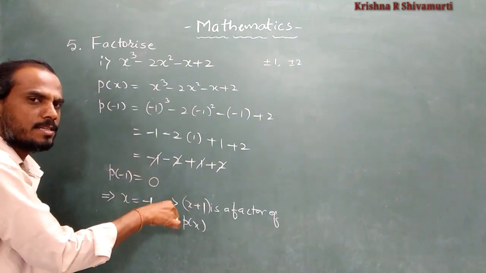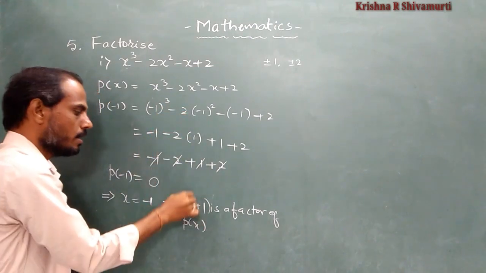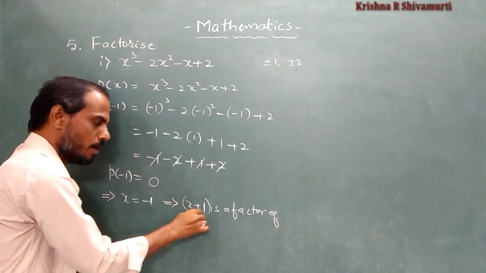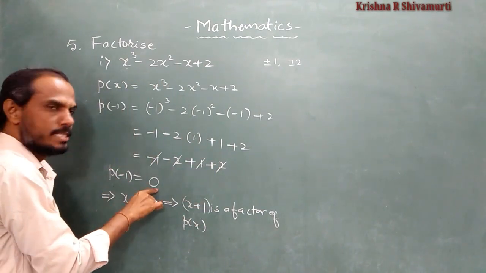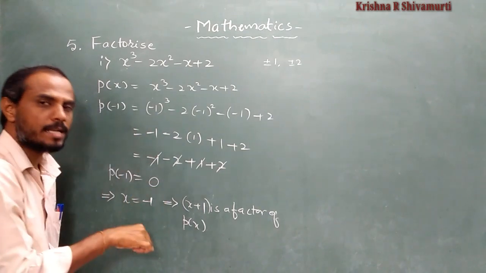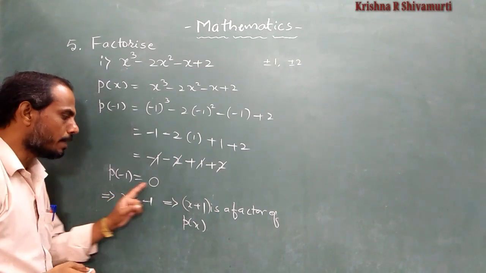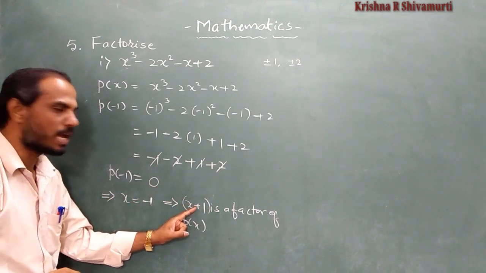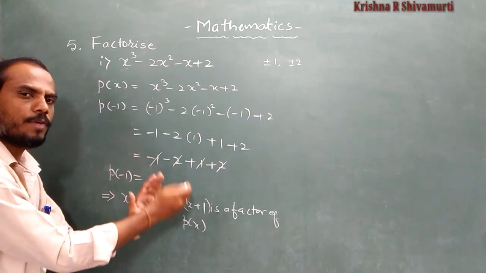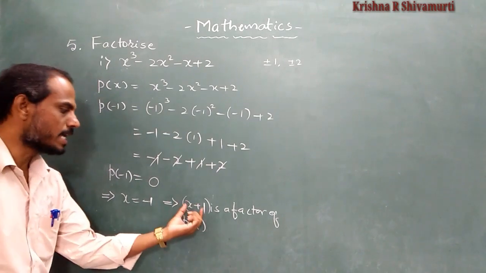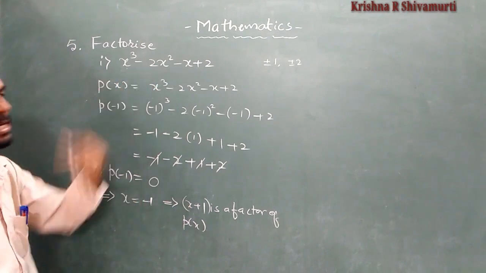Why did you decide this is the factor? When we divide this one by this one, the g of x, this is the polynomial, no? This is taken and divided into the given polynomial, their remainder is 0. According to the factor theorem, on the basis of the factor theorem, we come to the conclusion that when the remainder is 0 for the specific value of x, then that is a factor of the given polynomial. That is, x plus 1 is a factor of the given polynomial. It is a factor, which means we have to find the remaining factor.